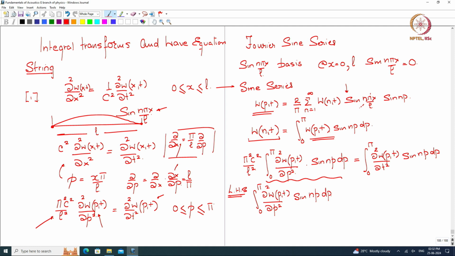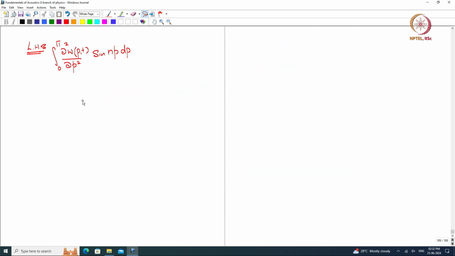Now we integrate by parts. So that is equal to del W(P, t) by del P sine nP from 0 to pi